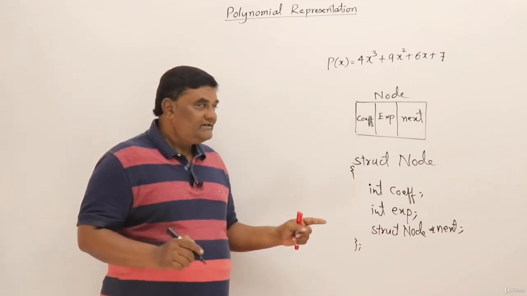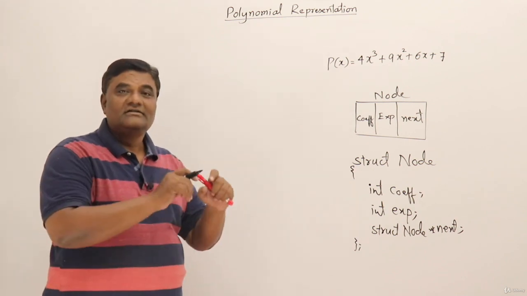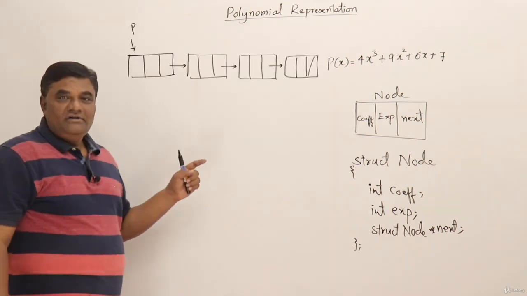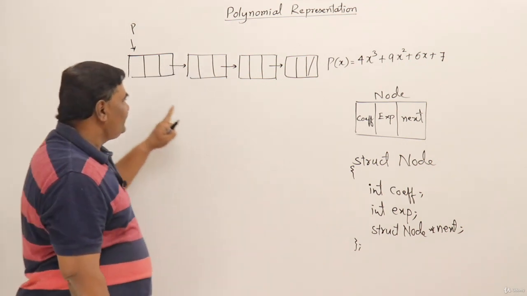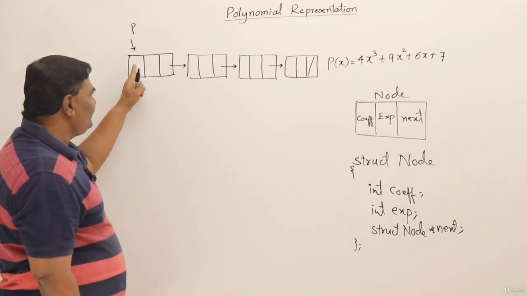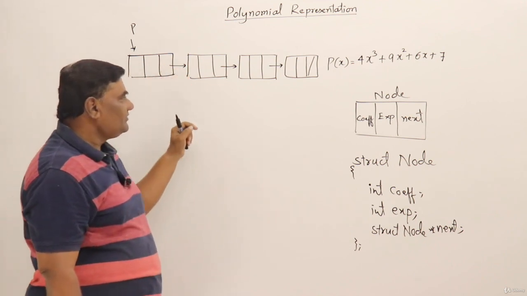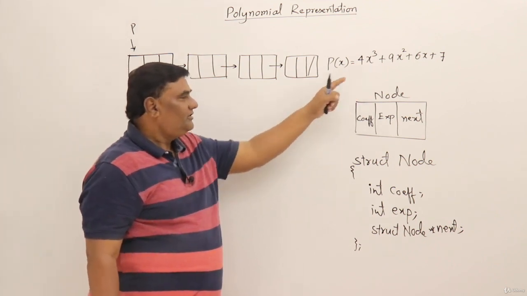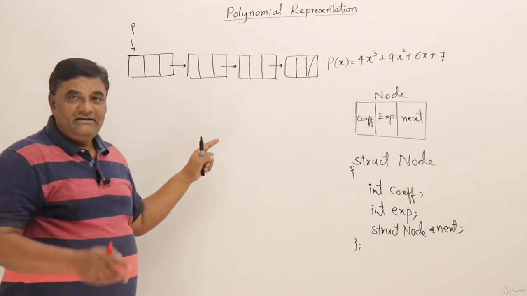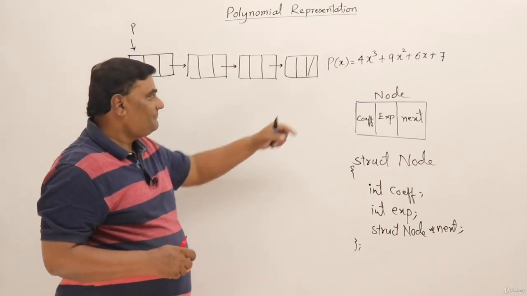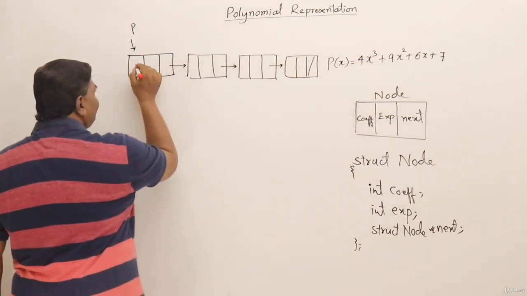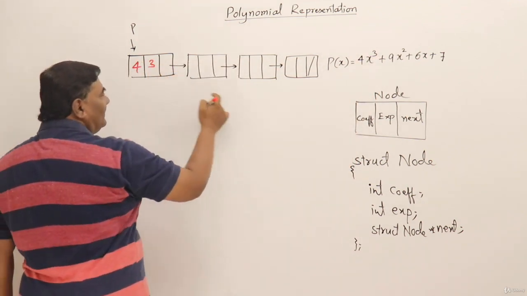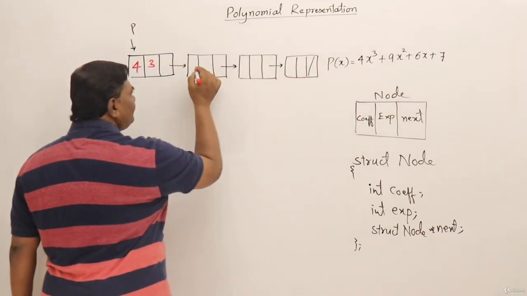So now let me represent this polynomial as a linked list. Here I have a linked list of these type of nodes where each node is having three sections. This is for coefficient, exponent, and a pointer to a next node. So there are four terms in a polynomial. I have taken four nodes. Let us fill up the values from that polynomial. First coefficient is 4 and the exponent is 3. So this is 4 comma 3, and this is 9 2,